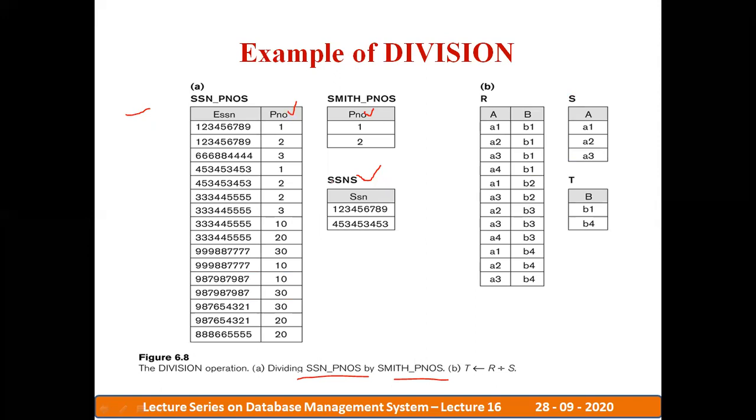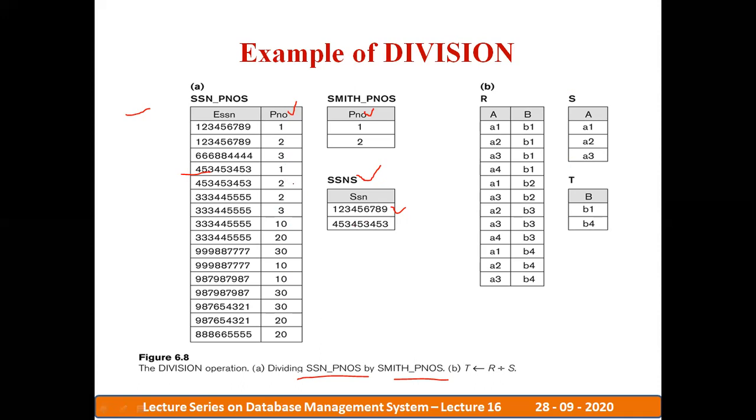Now let us see. In this case, 1. What is the value associated with the 1? Here it is 1 and 1. So 1, 2, 3, 4, 5, 6, 7, 8, 9 is written. That's why you got the answer. Next, 2 is there. 2 is also there with 1, 2, 3, 4, 5, 6, 7, 8, 9. So that's why it is also there. Now you can take the 1, 2. So 1, 2 is also dividing the 4, 5, 3. So that's why we have kept this tuple also. Now you can see that 1, 2 has appeared only twice. So only 2 tuples have appeared.